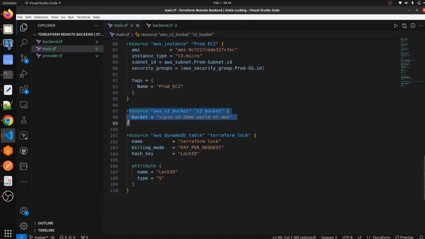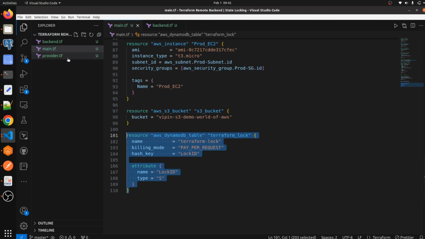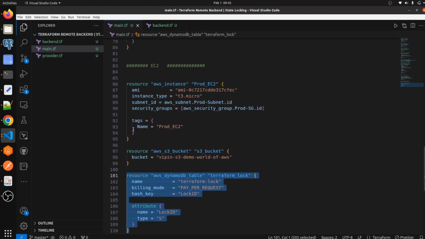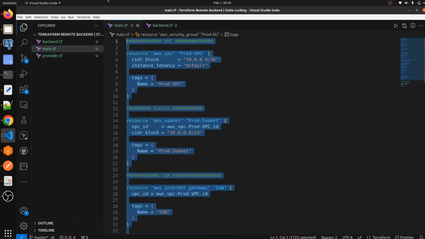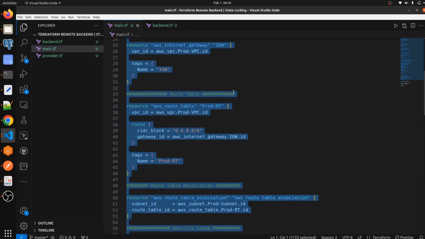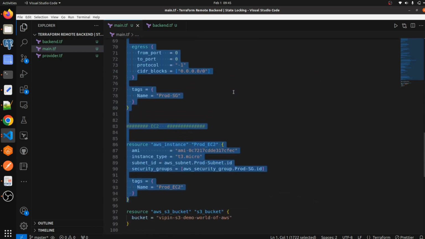I am going to create an S3 bucket, and apart from it I am going to create one DynamoDB table for the state locking mechanism. All this script belongs to my VPC tutorial, in which I have created a VPC.